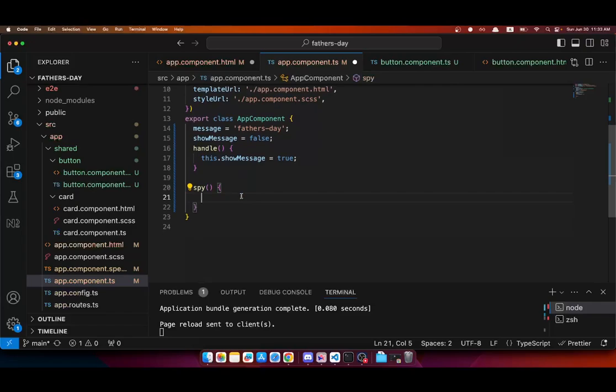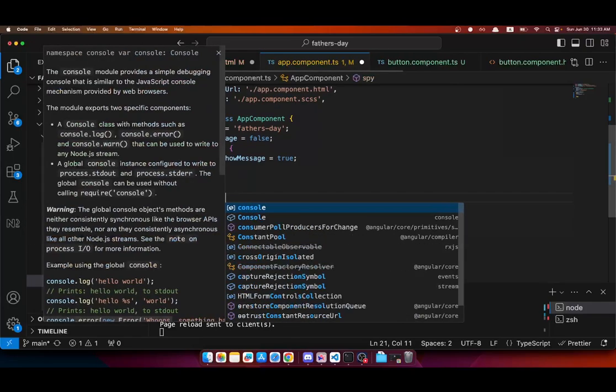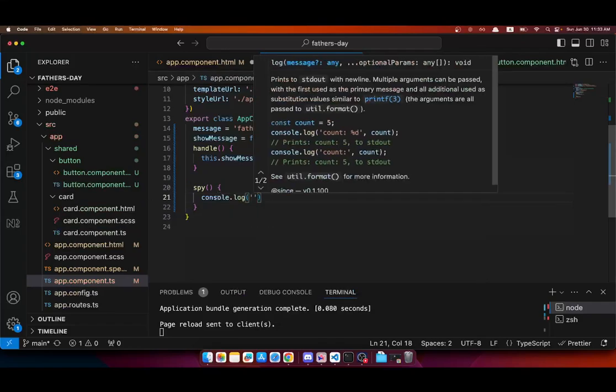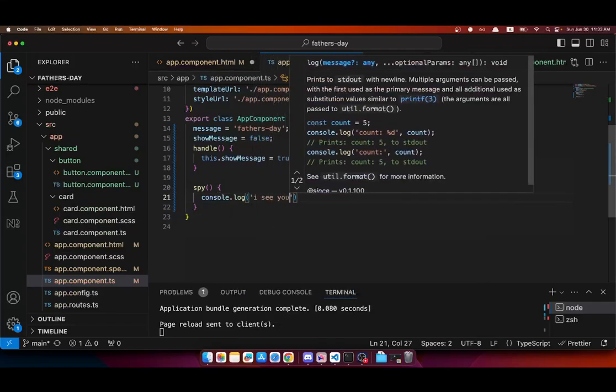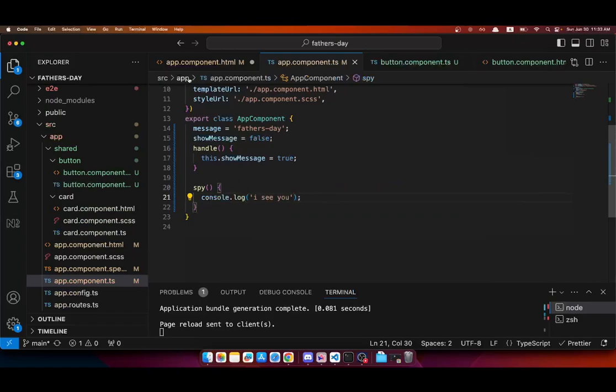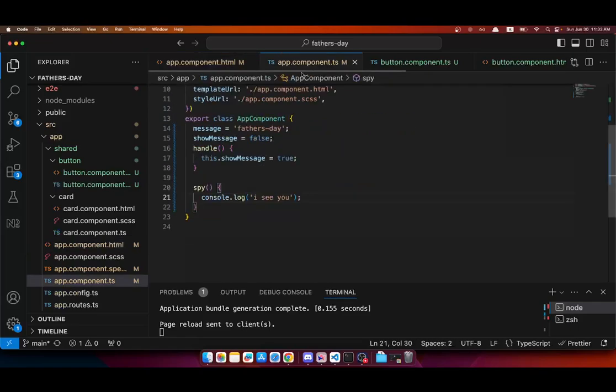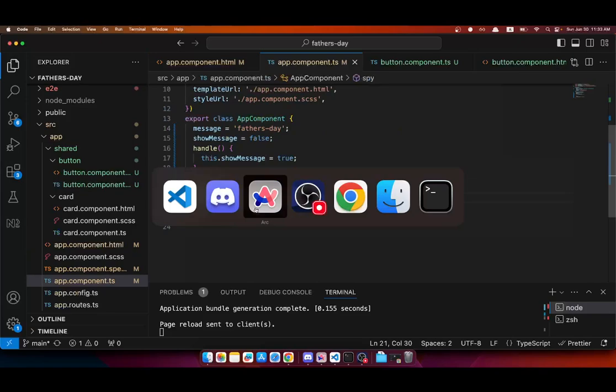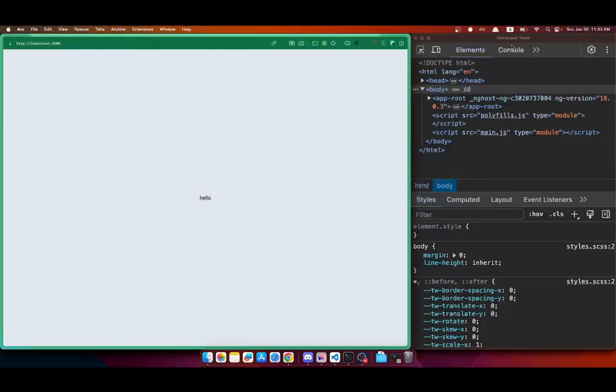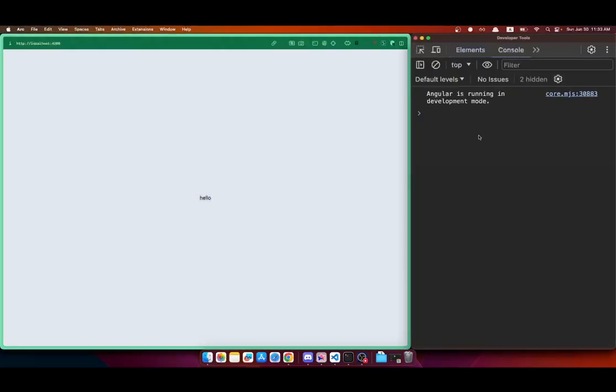Okay, so in our app component TS, we're going to write that spy function, which is going to console log. I want to save everything. Save all the files. So now if I go to the component and inspect, go to the console, right click on the page, inspect, and go to the console. Now if I hover over it,